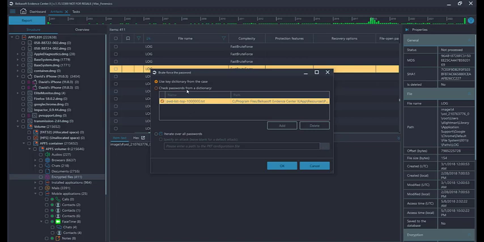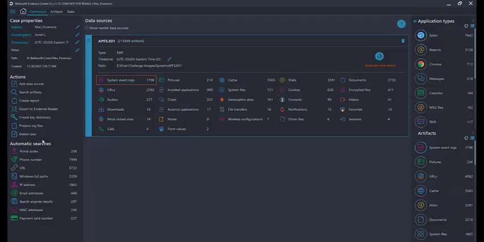You can also use a key dictionary from the case. So if we were to go back here to our dashboard, we can create a key dictionary, and that's going to basically pull strings or potential passwords from all of our data sources combined. And so again, Tony will talk on this a little bit, but it's really necessary to have a good dictionary file, one that's pertaining to or related to the image or the case that you're working,